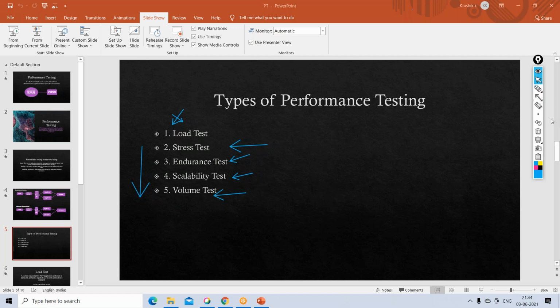If they don't know anything about performance testing, ideally we will suggest these three for sure: the load test, endurance test, and scalability test. Because as I said, performance testing is measured with respect to speed, stability, and scalability. So these three terms are directly related to these three tests: load test, endurance, and scalability. So these two are